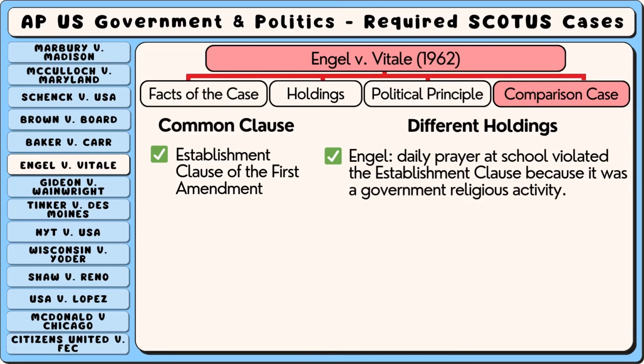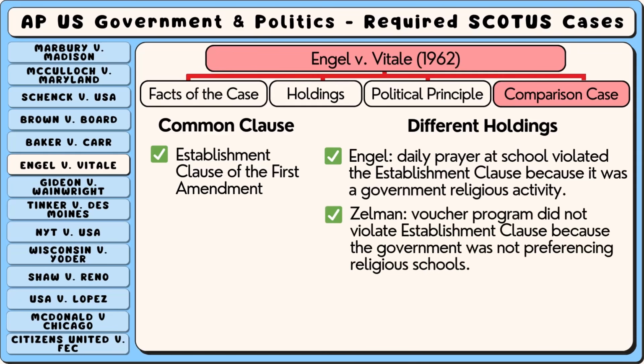The holding in Engel versus Vitale was that the school's daily prayer violated the Establishment Clause because it was a government-directed religious activity that encouraged student participation. The holding in Zelman versus Simmons-Harris was that the voucher program did not violate the Establishment Clause because the government was not preferencing religious schools in the voucher program, and parents could make their own choices about where to spend